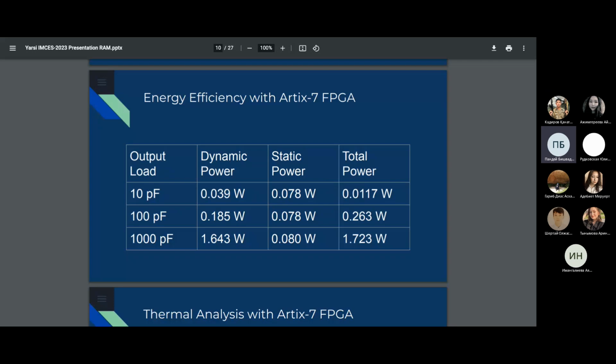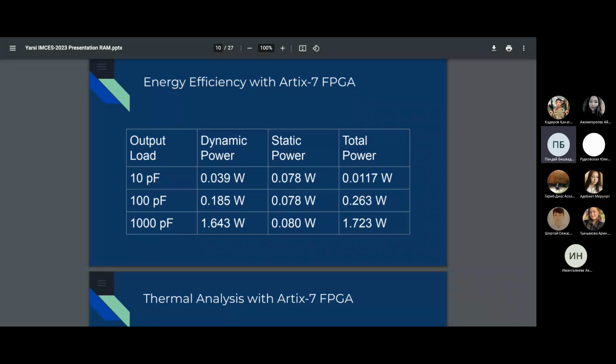Energy efficiency with Artix 7 FPGA. Output load 10 picofarad: dynamic power 0.039 watt, static power 0.078 watt, total power 0.117 watt. 100 picofarad: dynamic power 0.185 watt,